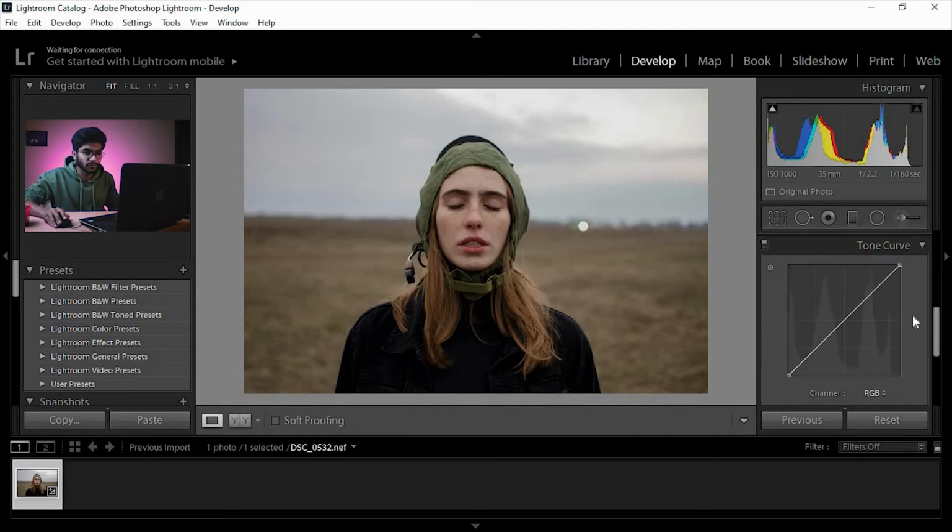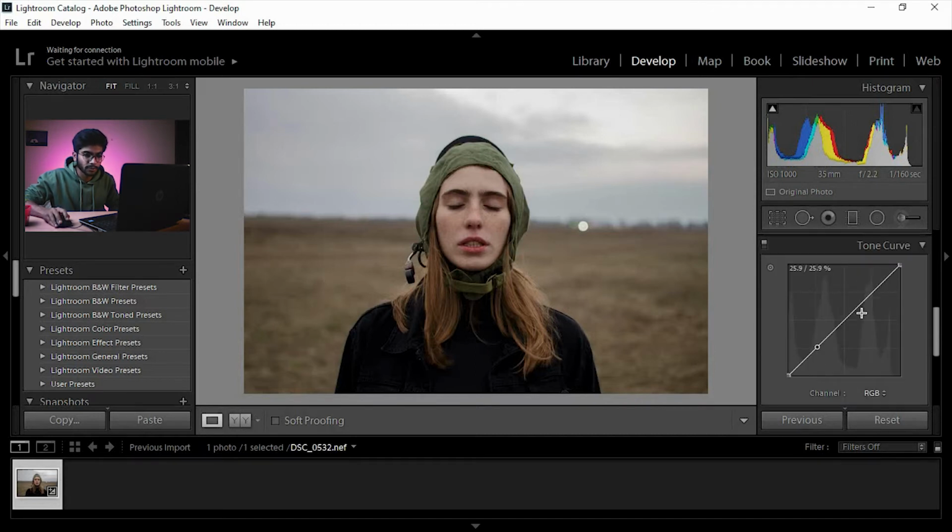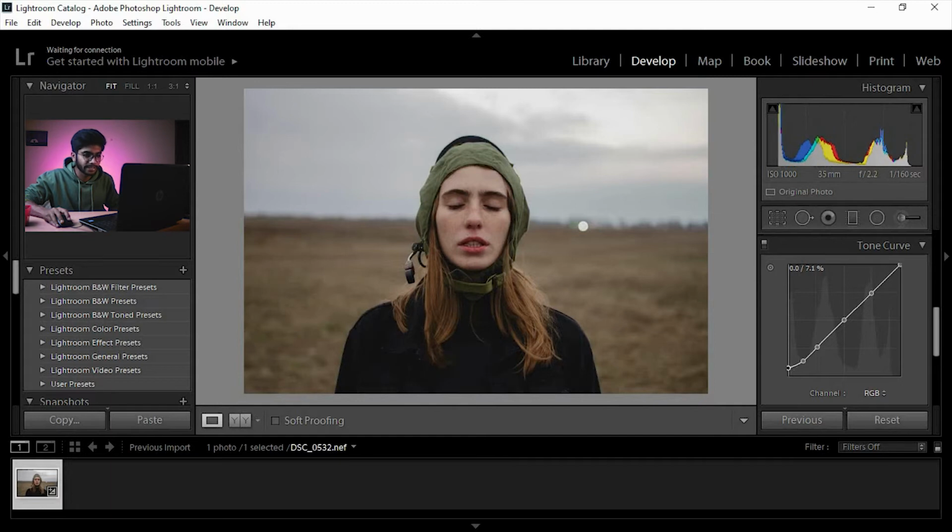I'm not going to go very deep into it, but you will see what I do. I'm going to create 3 points. This part is shadow, this part is highlight, and the middle part will be the midtones. Let's add one more point here, and let's lift up the shadow so that we will get a foggy image.